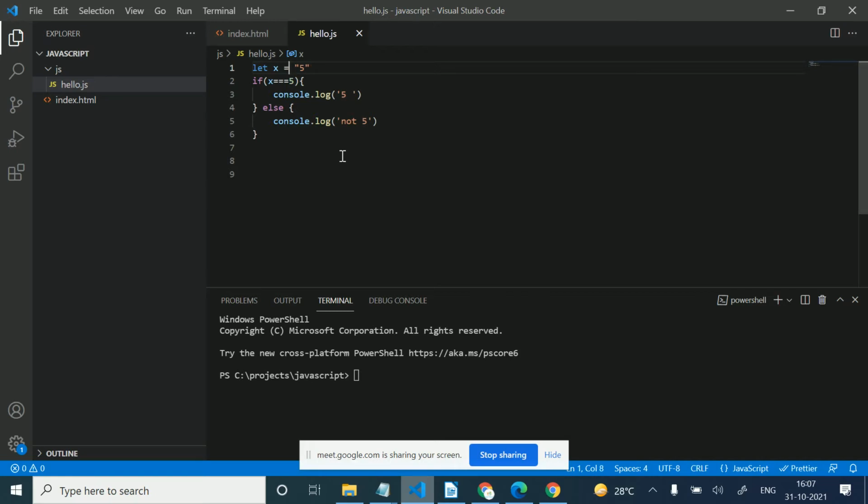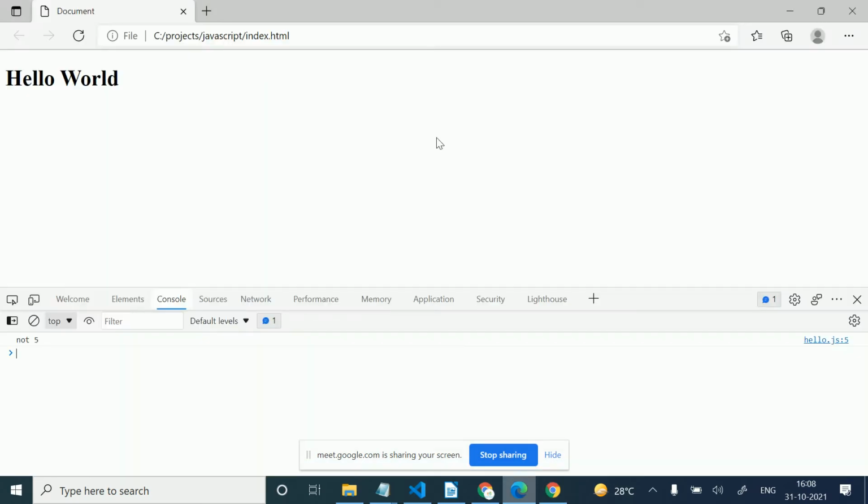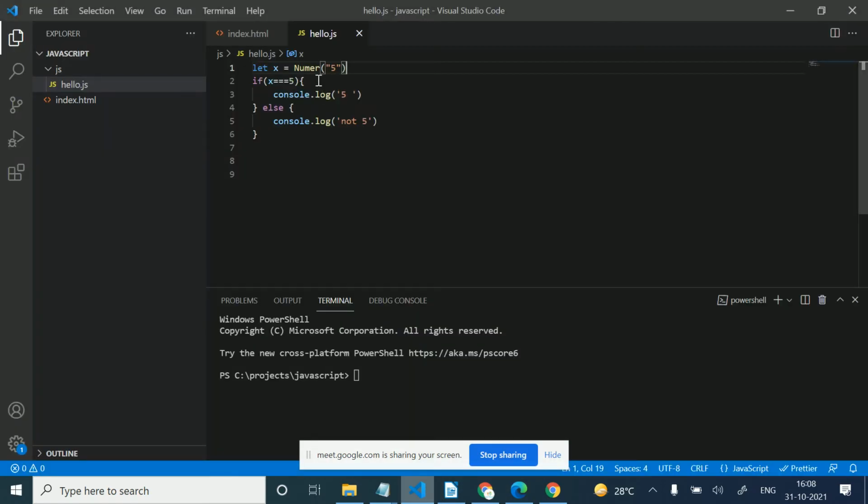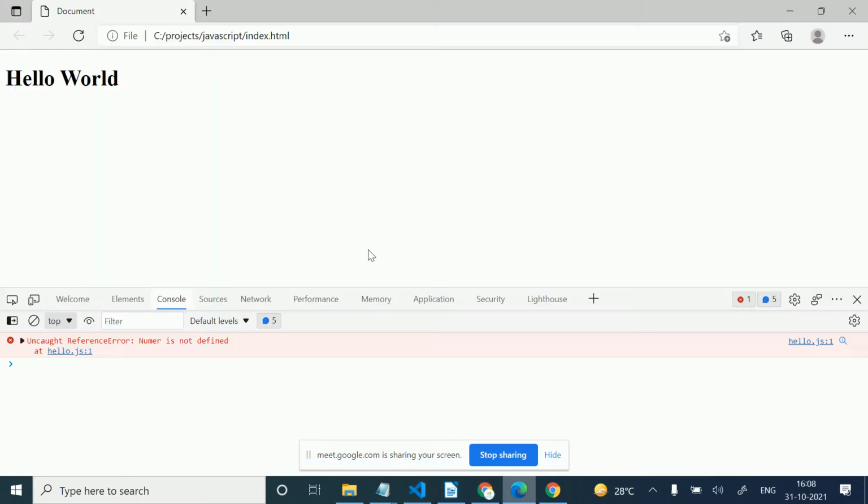So how can we convert this into a number? There is a function called Number. We can use this Number. There is a spelling mistake, Number. Refresh. So now this is 5.